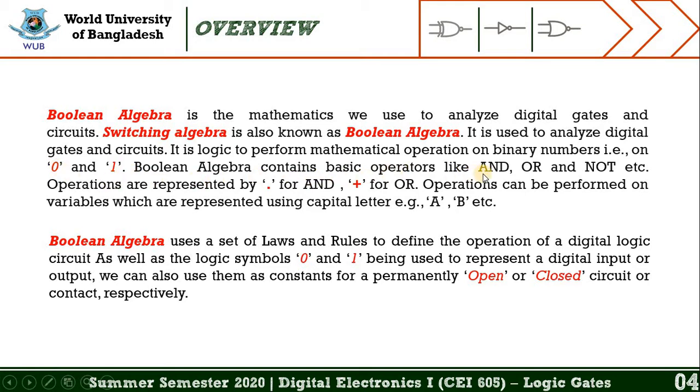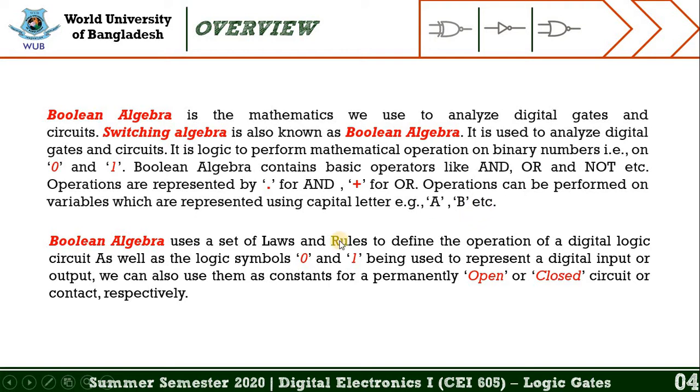Boolean algebra contains basic operators like AND, OR, and NOT, etc. Operations are represented by dot for AND and plus sign for OR. We already know that. Operations can be performed on variables which are represented using capital letters such as A and